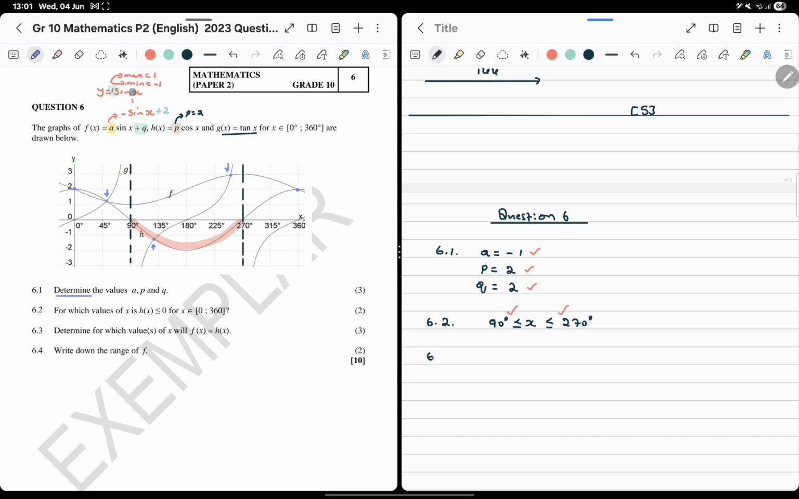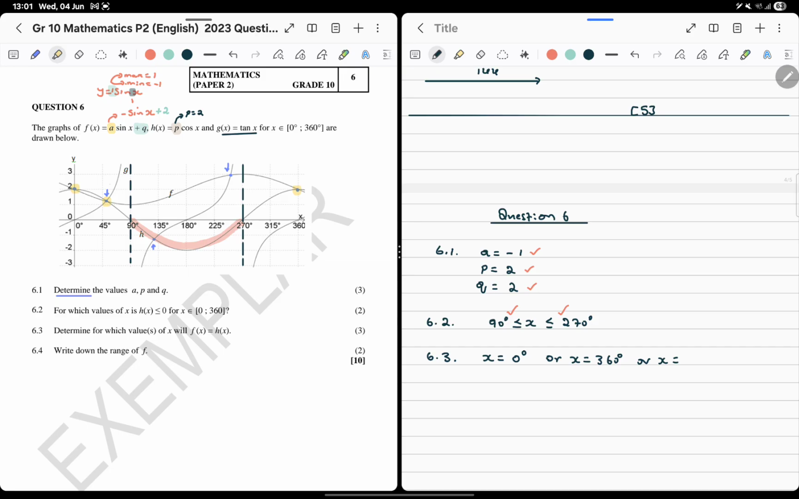Remember that. So 6.3. Determine for which values of x will f of x equal h of x. Okay. Now these are the points of intersection between f and h, the sine and the cosine function. So this is this point, that point, and that point. This is where these graphs are equal. At least we know those two. We can answer that easily. So we can say x is equal to 0 degrees, or x is 360 degrees,